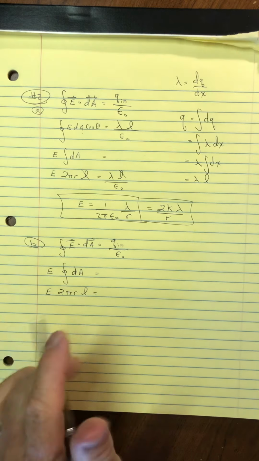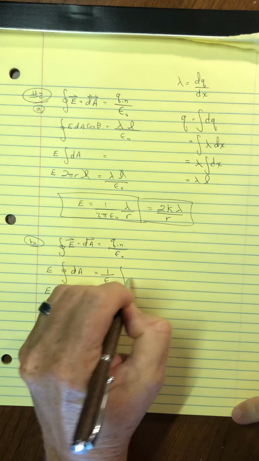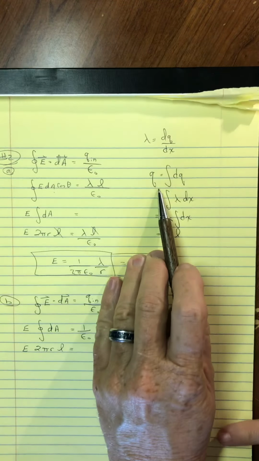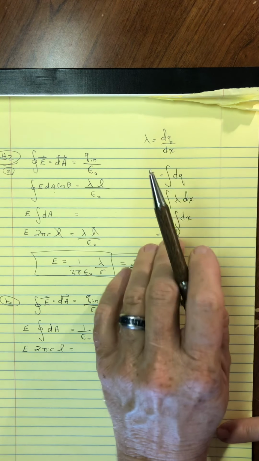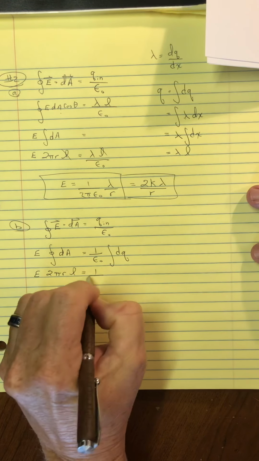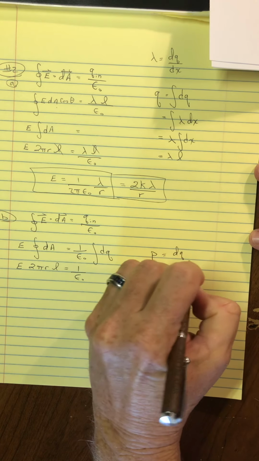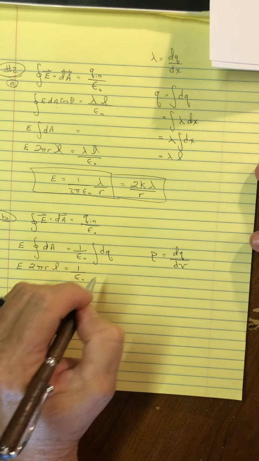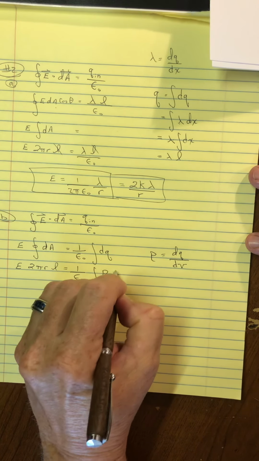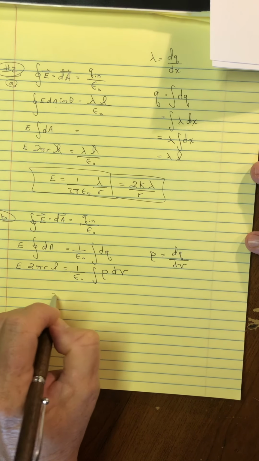Now, what makes this problem hard is really over here in B. So I'm just going to put my epsilon naught alone and then write this, as I started to mention over here, that to get the charge inside, you really got to add up all the charges that are inside this Gaussian surface. And that's where the density comes into play. Density is the charge divided by the volume. So maybe the first step is to replace the dq with rho dV. And of course, now we're going to be adding up